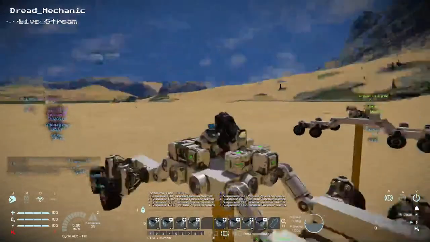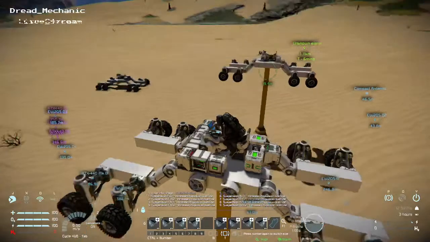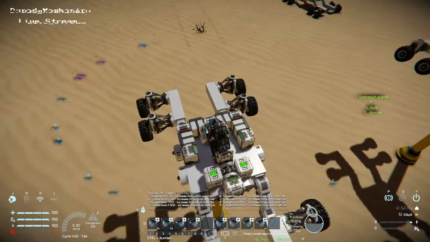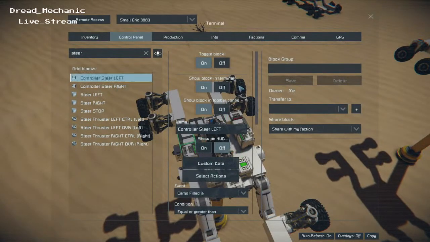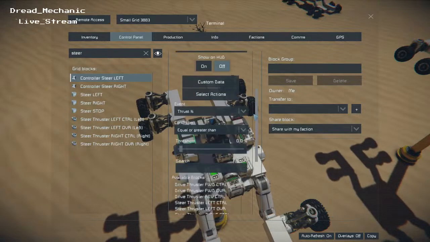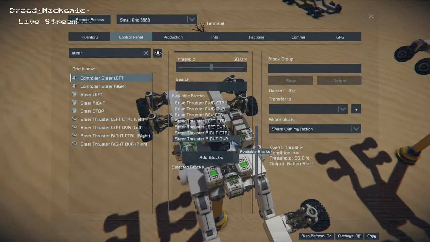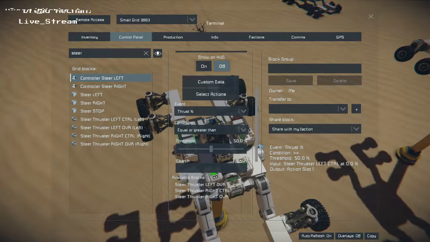Right, so now I've got left and right thrusters that will control our steering system. So control left will be the same more or less as the drive systems. It'll be thruster triggered over 50%. We will use our steer left controller, and it's going to be,